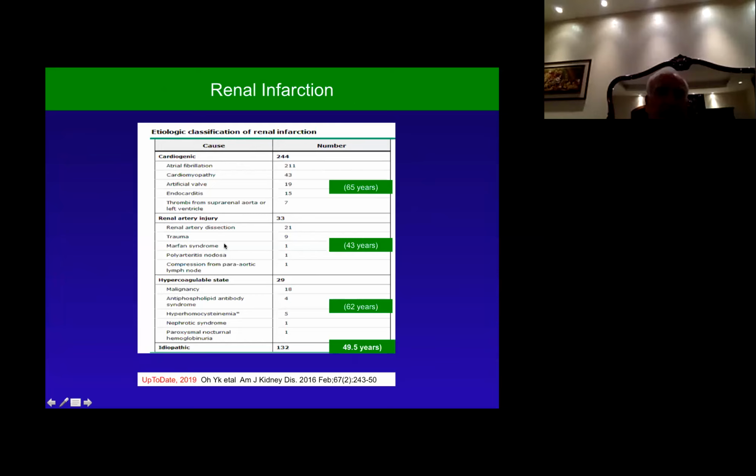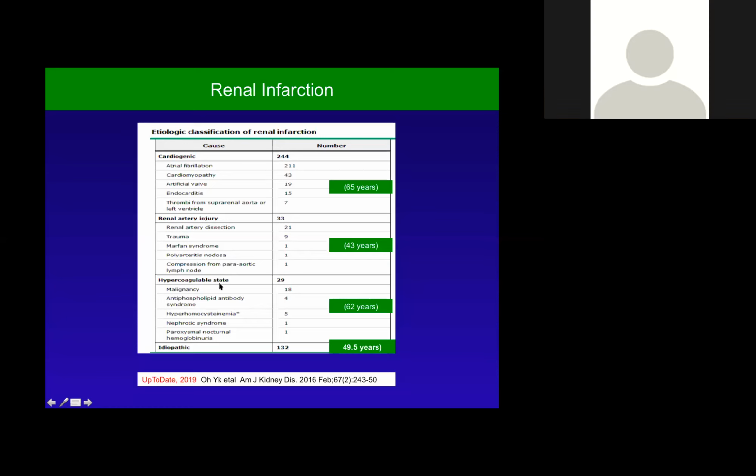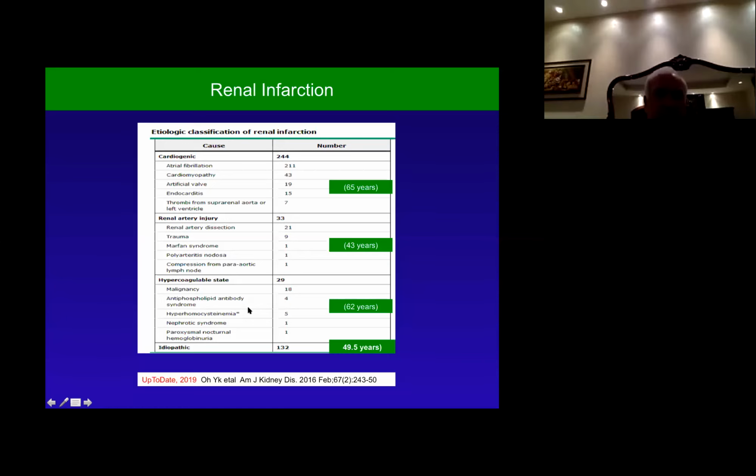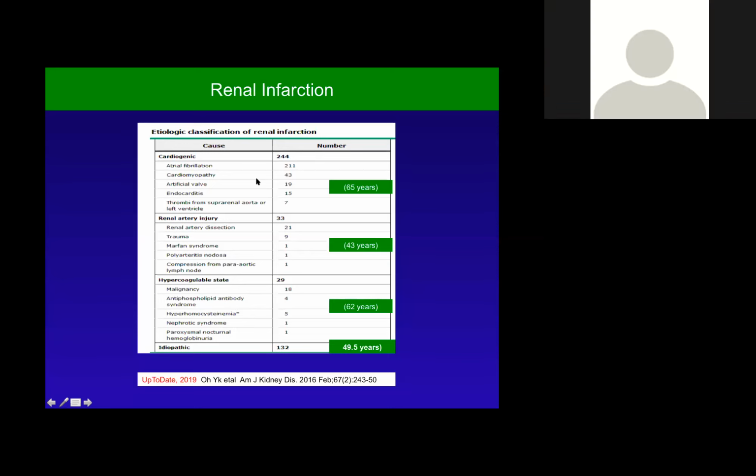Renal artery injuries, trauma or aortic dissection, Marfan's, polyarteritis nodosa, compression, your age bracket is young. Hypercoagulable state, you have to think about it, malignancy and others, nephrotic syndrome patient, and you may find no reason really. But most of the time, as I mentioned,